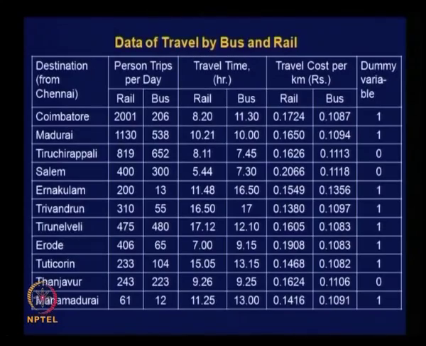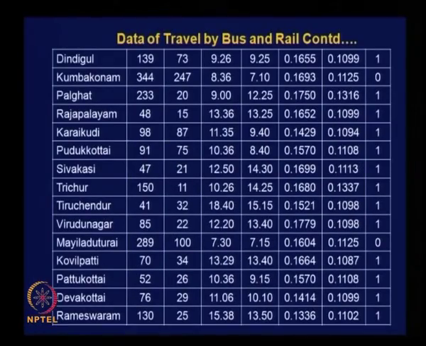So that is how, in fact, a passenger interview survey was conducted for this purpose to fix this 400 at the railway station, and based on the response given by the train travelers, 400 kilometer was taken as the limiting distance to assign value for the dummy variable. Okay. And similarly for other city pairs,